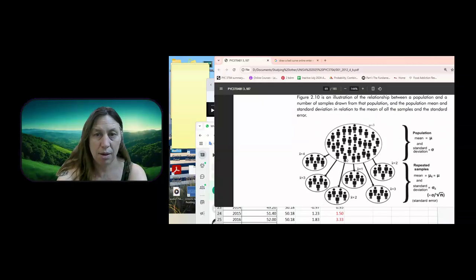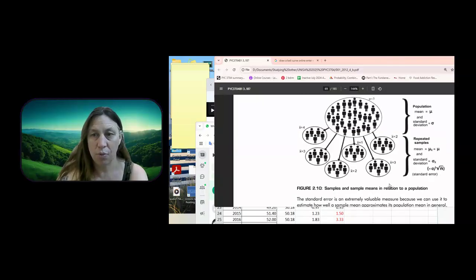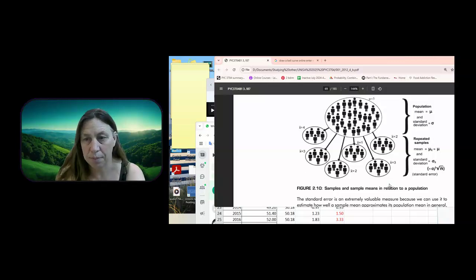Okay, and here's a little drawing to explain it. Here's our actual population, and the average is 3. Here's a sample, and the average was 4. Here's another sample, the average was 3. Here's another sample, the average was 2. Here's another sample, the average was 1. Here's another sample, the average was 2. Here's another sample, the average was 3. Okay, as we have more samples,